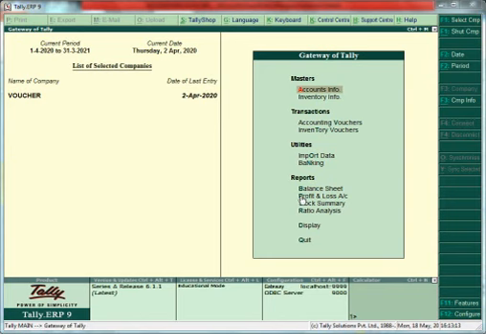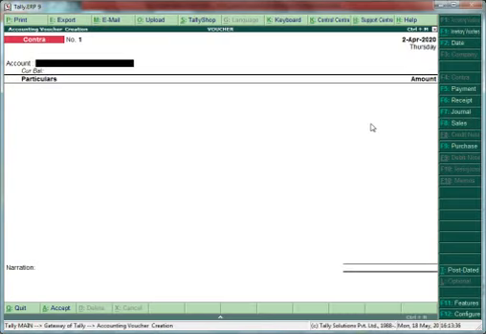Now we pass contra entry, that is cash deposited to bank or cash withdrawn from bank or amount transferred from one bank to another bank. For contra voucher, we go to accounting voucher. From accounting voucher, we press F4 for contra entry.